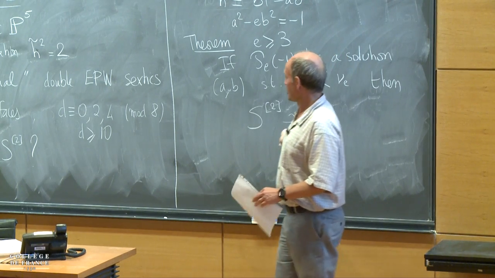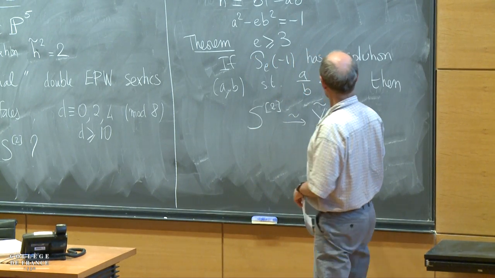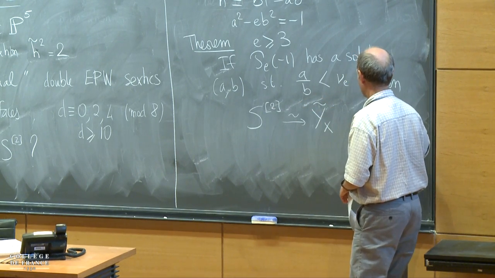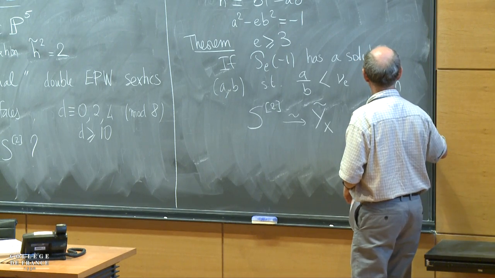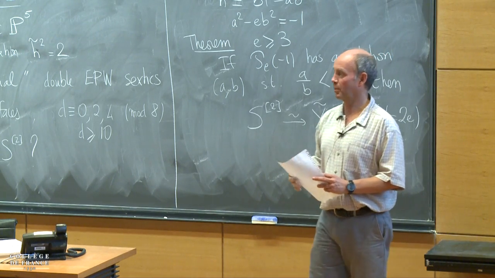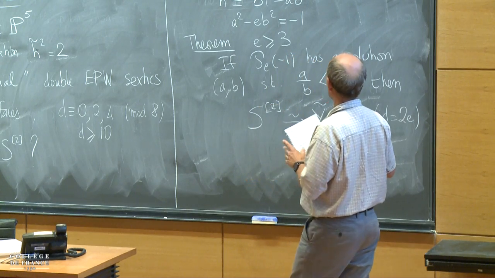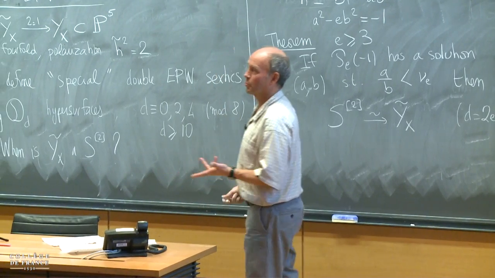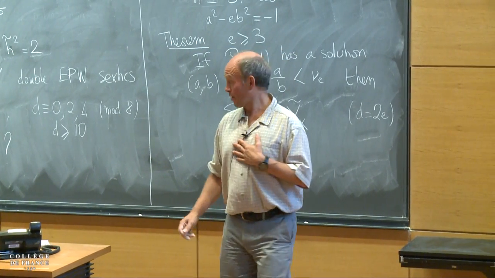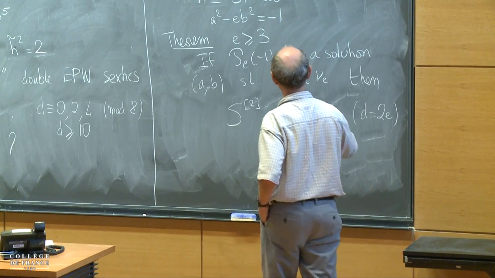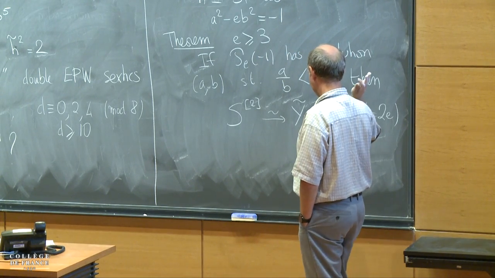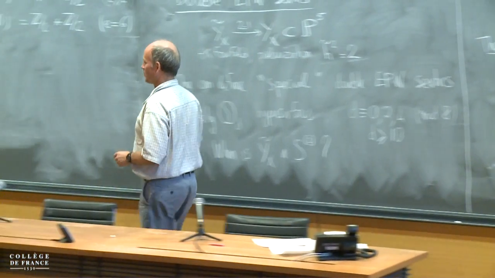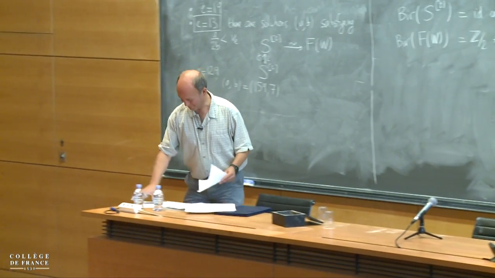So a very general double EPW sextic of discriminant 2E, so D is equal to 2E, is isomorphic to a Hilbert square. And now if you remember the first theorem about automorphisms of Hilbert squares of K3s, this is exactly, how should I say, I don't remember it, so I don't know why you should, but